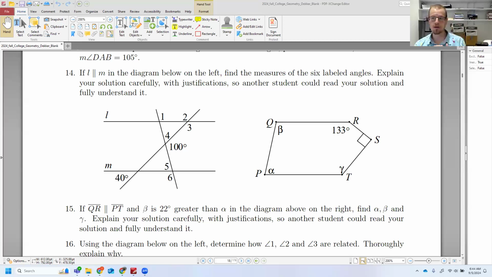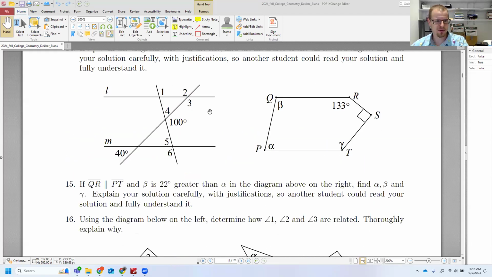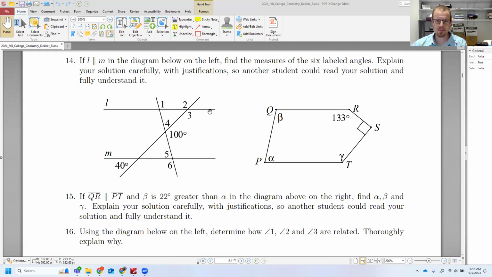Welcome to the office. I wanted to take a quick look today at some notations and how we name or label angles. So let's take a look at some problems from section 3, polygons, and I think this is where it begins to appear. Maybe it appeared elsewhere already, but let's take a look at this particular example because it very nicely has